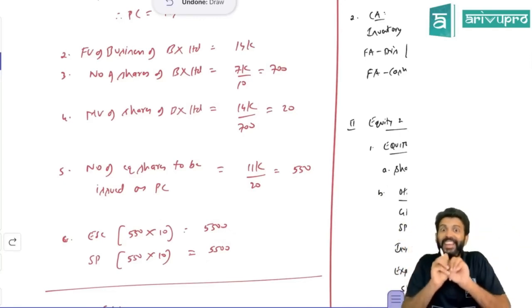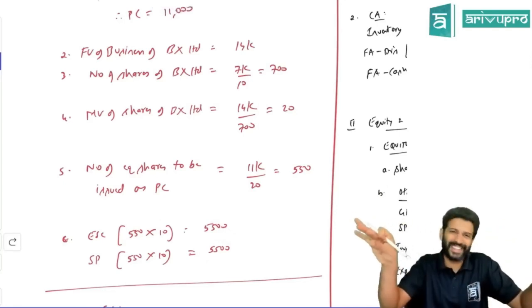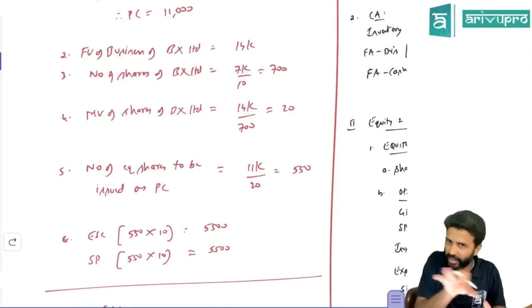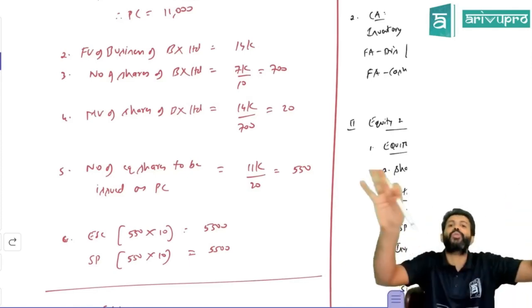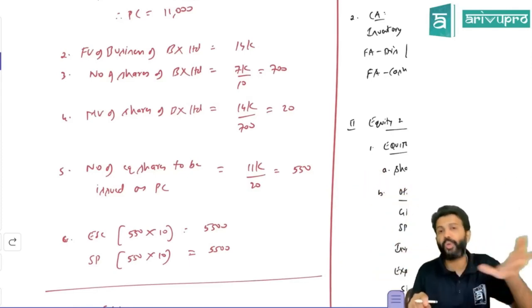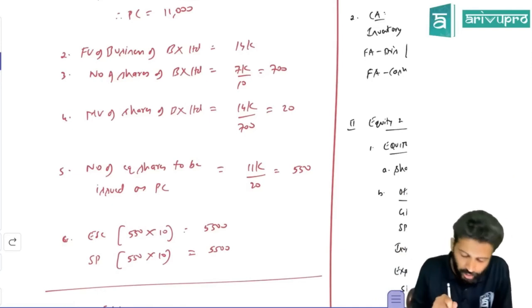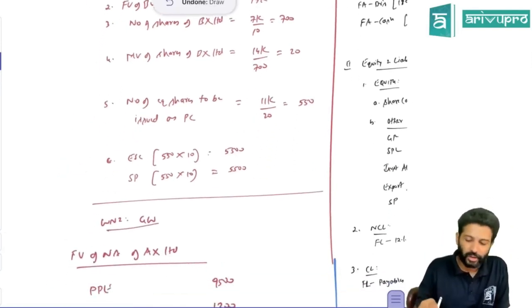In reality, it is the new company that is issuing shares. But you have to do the accounting. In case of reverse acquisition, you have to think like this and do the accounting and the presentation. It is only notional accounting. So this is about equity share capital and securities premium.